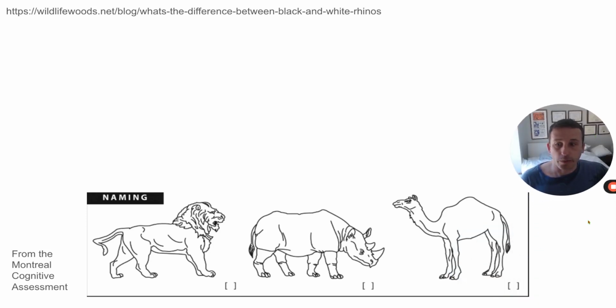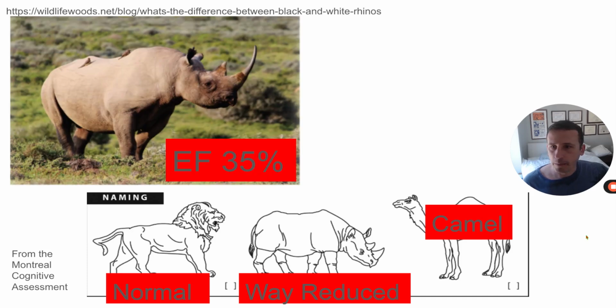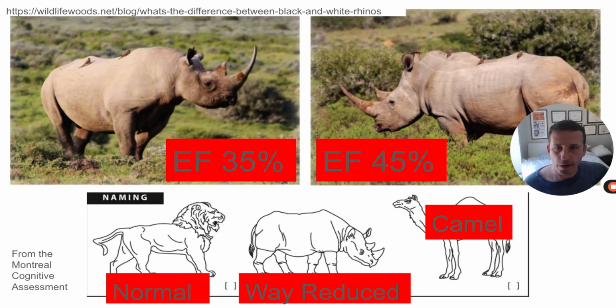Again, just to reemphasize, we can tell pretty well if something is severely reduced or normal, but it's a little bit harder in that area in between, like between 35 and 50% on point of care exams until you've done quite a few, right? So it's easy to tell between normal and way reduced and camel. But if you're trying to differentiate between a black and a white rhino, it's a little bit tougher. So that's when I would lean on your measurements and also depend on probably formal echocardiography until you get really good at it. I am not sure which of these is black and which is white, but you can check